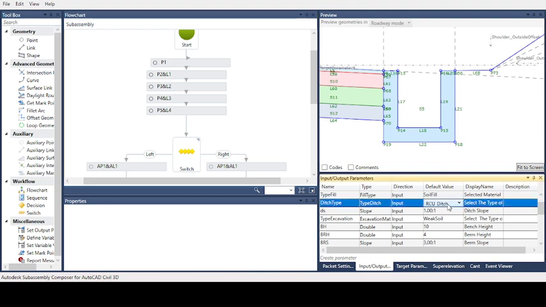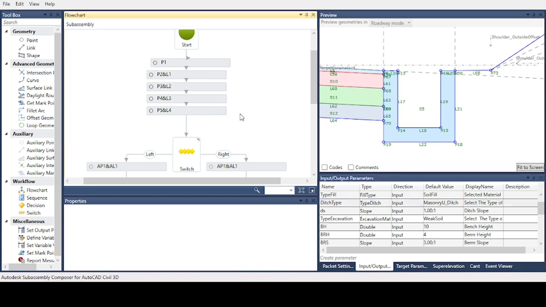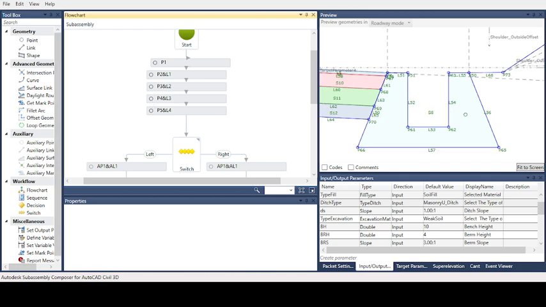We can also change this to the masonry ditch. This is the concrete ditch. It will be changed to the masonry ditch. Wait a small time. Yeah, this is the masonry ditch.